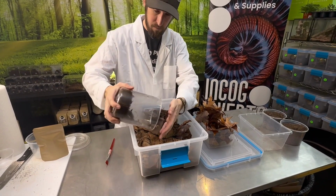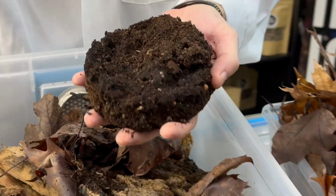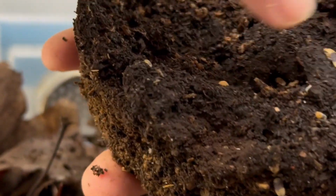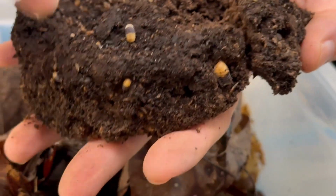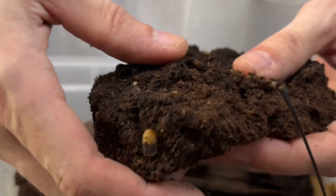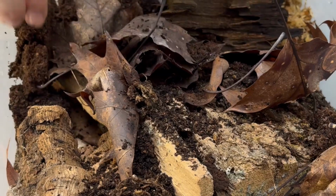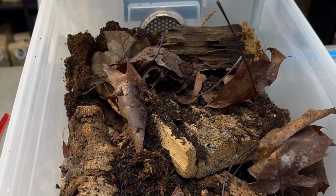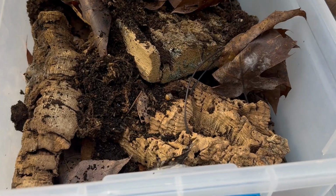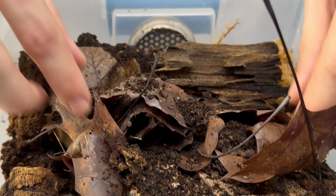And we're just going to go with a little bit of a dumping method here, because as you can see, there was a bunch hiding on the bottom side of the dirt underneath a lot of the silty waste and excrement on the surface. So we're just going to kind of break that up a little bit, add it to our moist end so that it can not only inoculate the substrate with the bacteria from the stomachs of the isopods in question. Sorry, that was probably a little bit loud. But also give them a better chance at starting out on the right foot